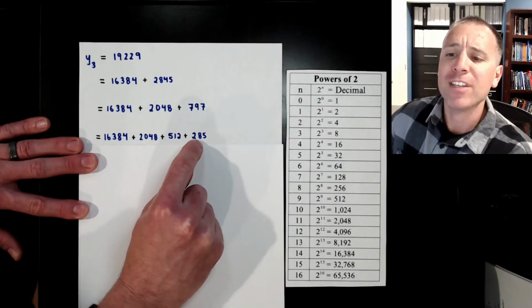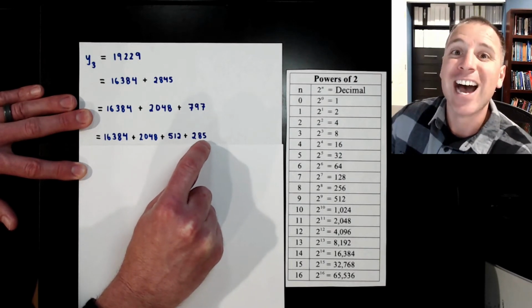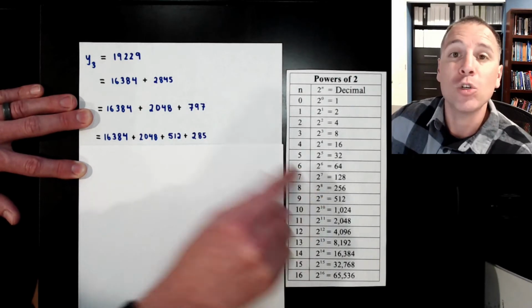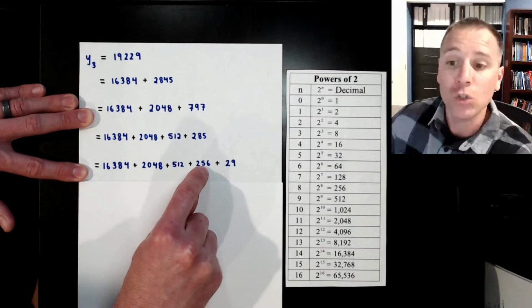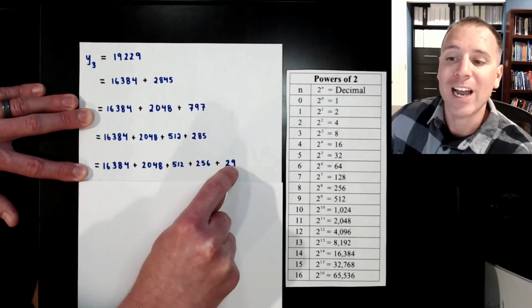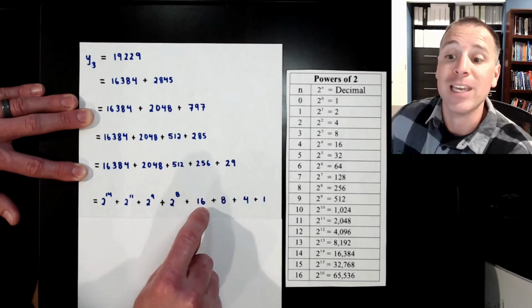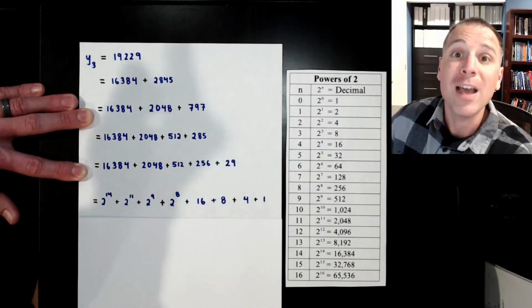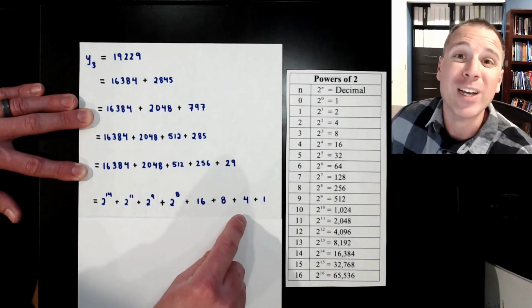We now have this extra information, which is 285. We're going to ask ourselves the question, what is the highest power of 2 that is less than 285? Of course, that must be 256. So we decompose 285 into power of 2, which is 2 to the 8th plus 29. Well, 29 is actually not so bad. We know 29 is going to be 16 plus 8 plus 4 plus 1. Please do those steps for yourself. I was running out of room on this paper, and so I decided to be lazy.